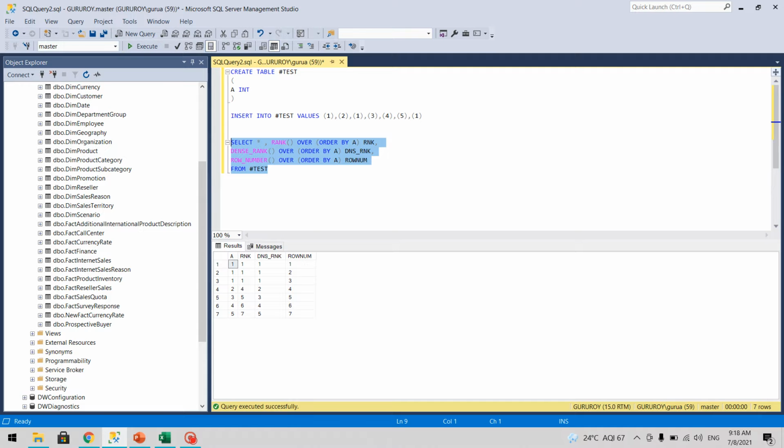Now what is n-tile? N-tile allows you to divide your rows into a set of groups and then repeat the ranking in that. So let's say I have 7 rows and I want to put n-tile with value 2. We have put 2, that means we want to make 2 groups out of it.